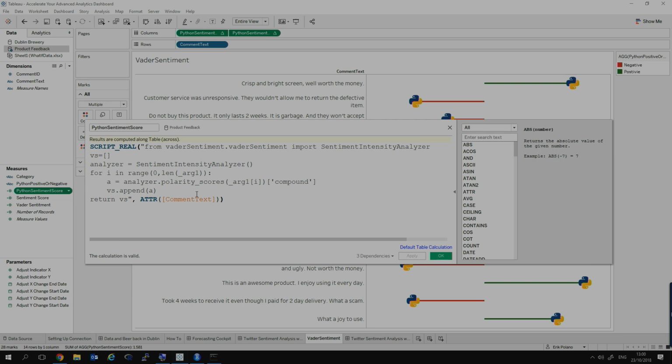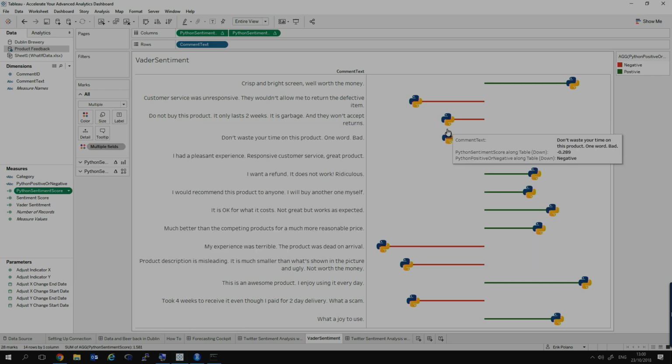Now, one thing that I just want to highlight here as well is that we still need that aggregation to happen despite this now happening essentially at the row level in our data source. And that's the reason why we're using the attribute function. This all means that we can now address the comment text level that we have within this data set, and then we're able to run this particular piece of Python code seamlessly here within this particular case.